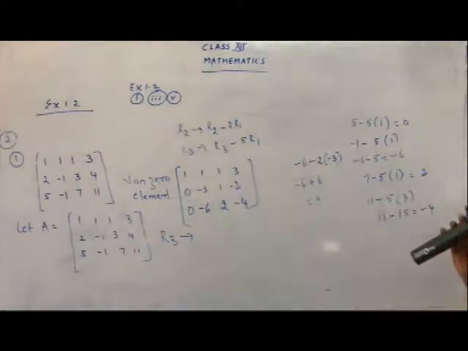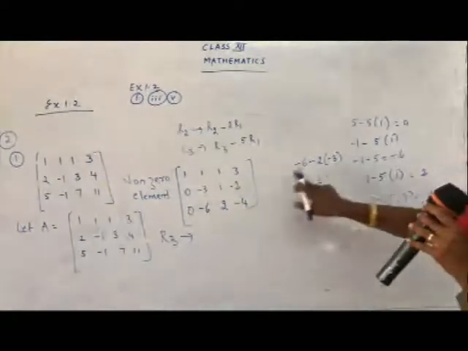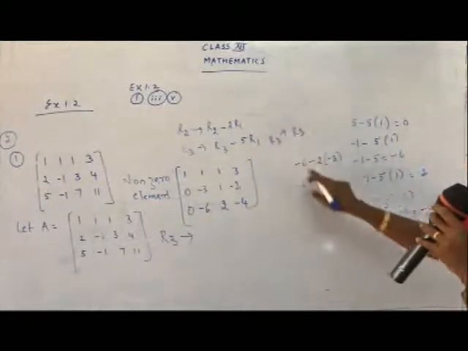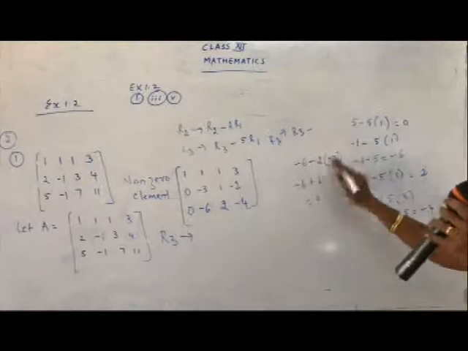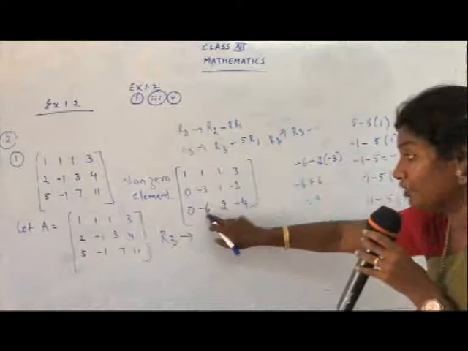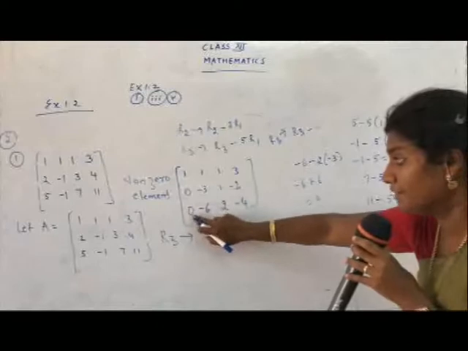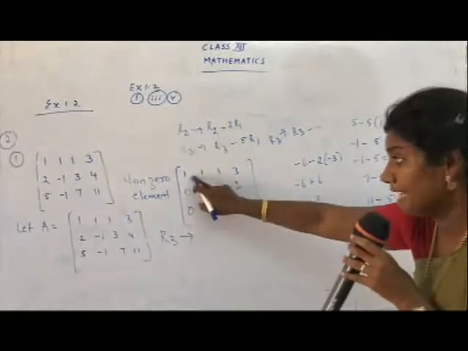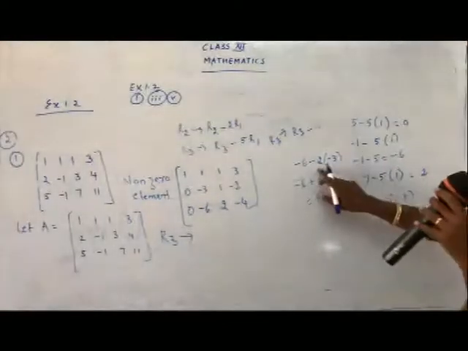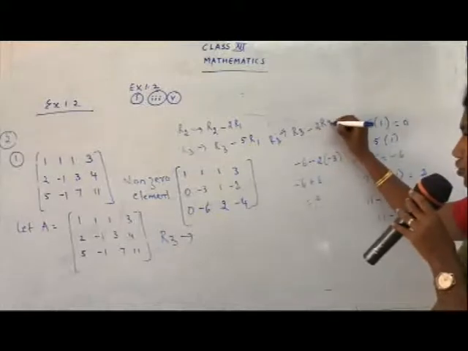I have told you that I am just trying how to put the row conversion. What is R3? Minus 6. So R3 is changing as R3, and what is the sign we are taking? Minus 2 times R2. Do not take R1. When you are changing R3, try to take R2, because if you take R3 and R1, the elements will change. So try to take the second row. So what is the conversion you are using here? R3 minus 2 times R2.